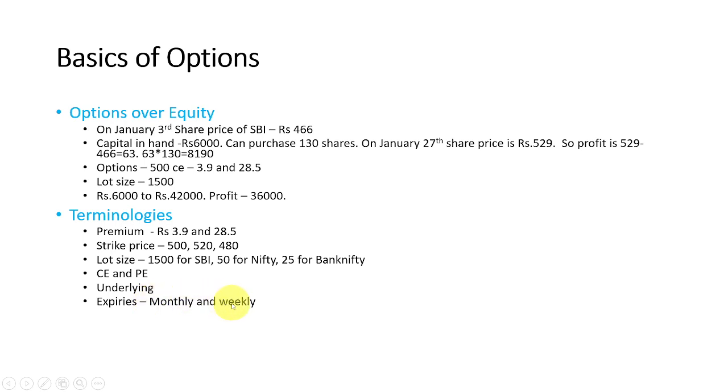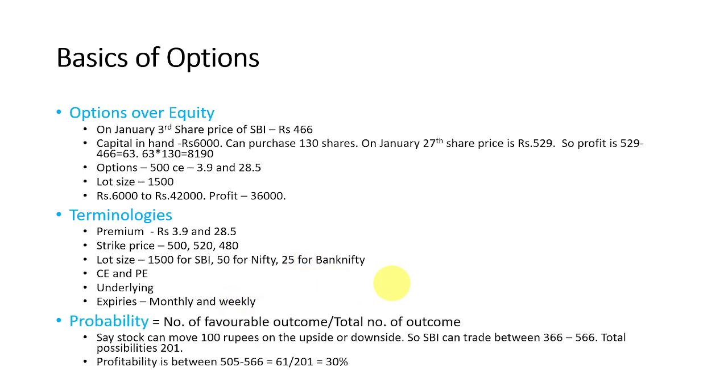But for indexes like Nifty and Bank Nifty, there are four or five weekly expiries. Say suppose there are 4 weeks in a month, then all the weeks will have one expiry. Every Thursday of every week is considered as expiry, and for monthly the last Thursday is considered as the expiry day for the stocks. Say suppose the Thursday is a holiday for NSE, there is no trading, then Wednesday is the expiry in those